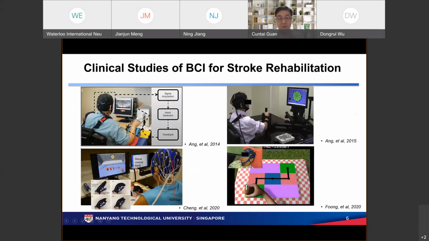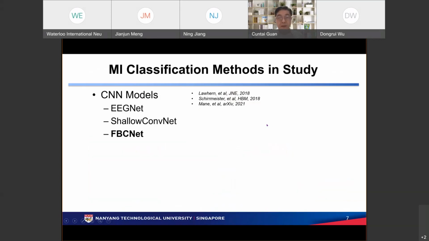So these are a few examples in our group. We use BCI as a closed loop with either an available device, this is the Manus device, or we co-develop with our collaborators, using a hand glove or purely visual feedback. There are a few more, I just show you a few examples. The data I will explain later is basically from the top 2 studies, collecting data from the subjects, patients.